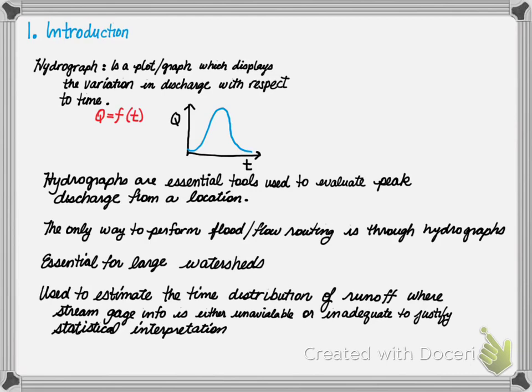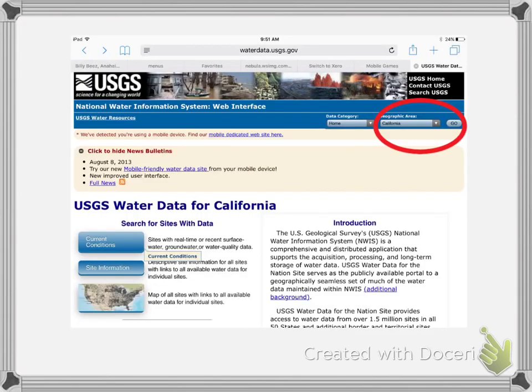Finally, it is used to determine the time distribution of runoff when stream gauge information is either unavailable or inadequate to justify statistical interpretation. Thus, hydrograph analysis is used in design conditions when real data is unavailable. So, if we had real data and we wanted to find it, where can we determine it? Available data in the United States can be obtained from the